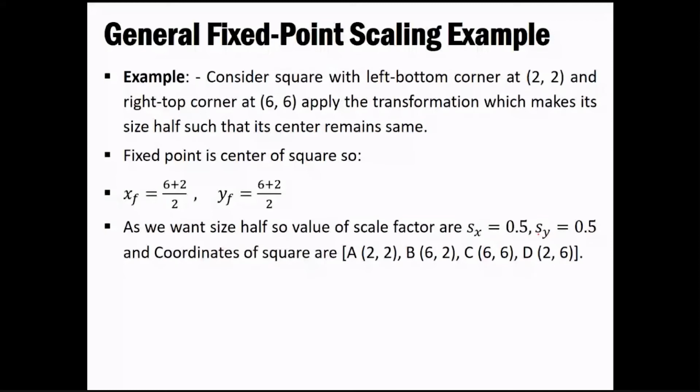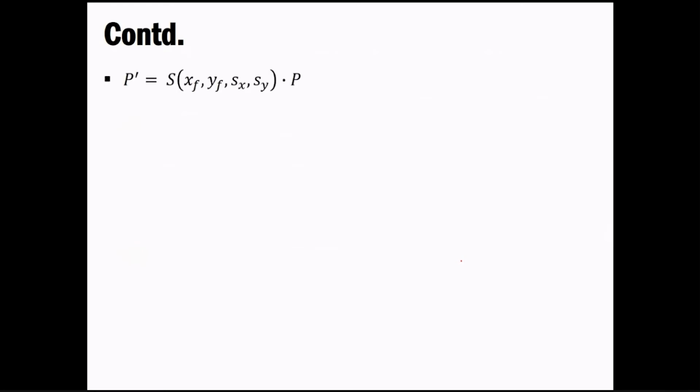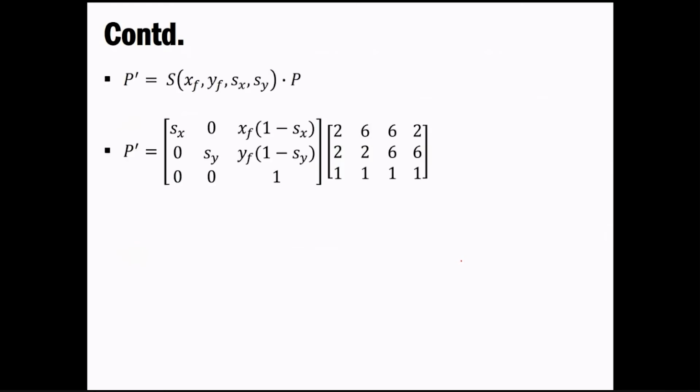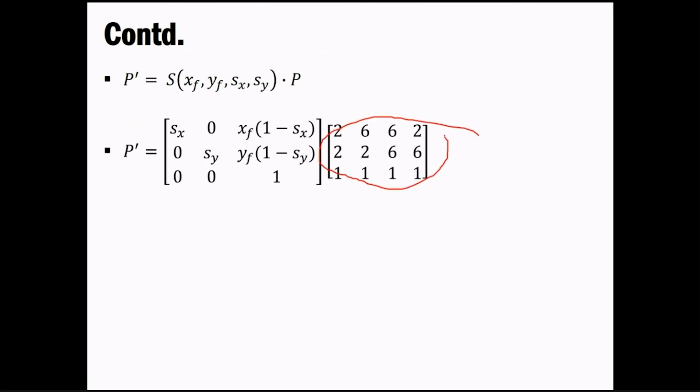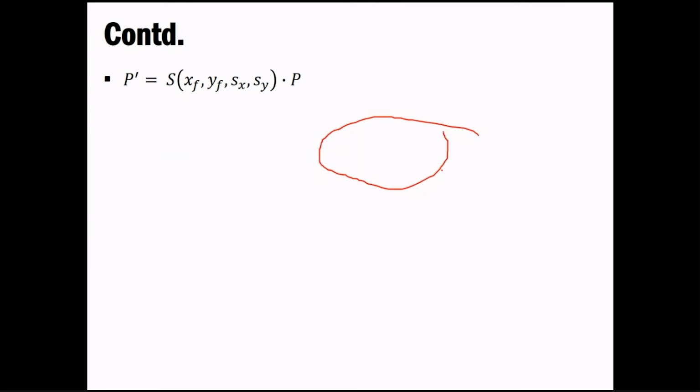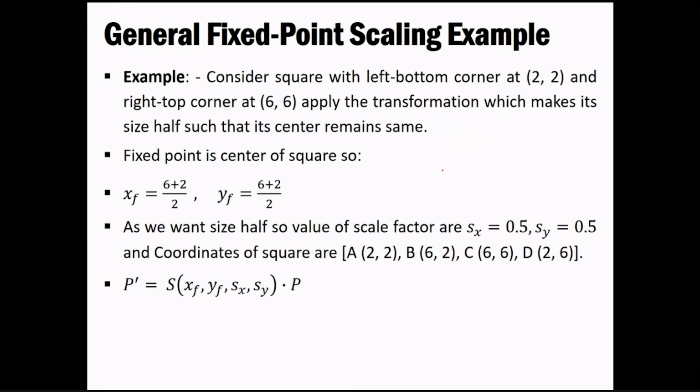Okay, and the coordinates of the square, obviously we'd be getting are (2, 2), (6, 2), (6, 6) and (2, 6) to make it a square. Okay, so we'll put this into our matrix in the column vector form, and that will give us this: 2 2 1, 6 2 1, 6 6 1 and 2 6 1 over here. Then obviously we have our fixed point, consider the point that is (4, 4).